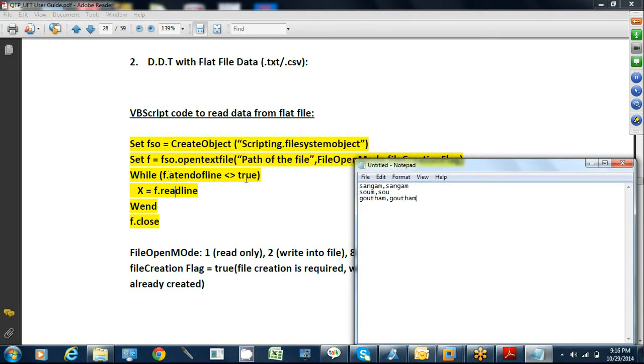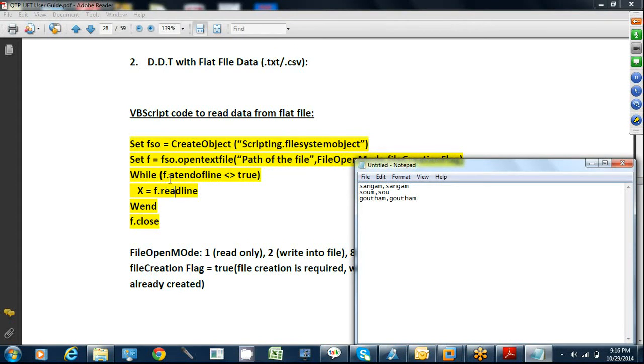Now logically I have to run this till it reaches the end of the file. The end of the file is where the cursor is blinking. After this there is no line, so that is the end of the file. What I am telling QTP is that until you reach the end of the file, you run it. Whatever text file I am opening, I am storing all the details in another variable called f.